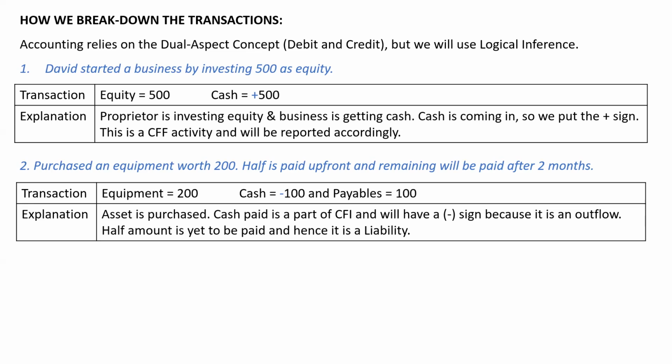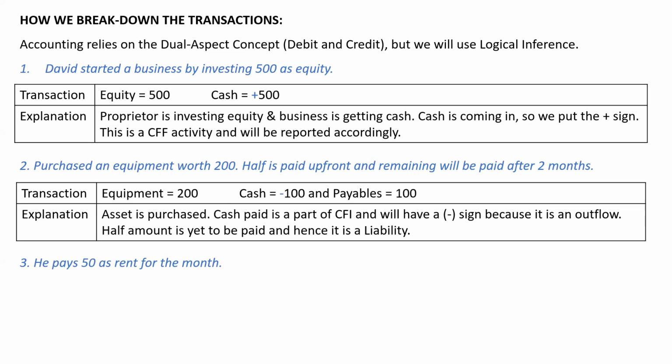As you see from this example, we can even have more than two accounting components. Buying an asset is part of investing activities, that is CFI, and because it is an outflow, we will put a negative sign. Just an FYI, do not add the cash and payables and say minus 100 plus 100 will give me a 0. We are talking about two different accounting heads over here, cash and payables. 100 is reduced from our cash balance and it does not impact payables. For now, let's do a last example.